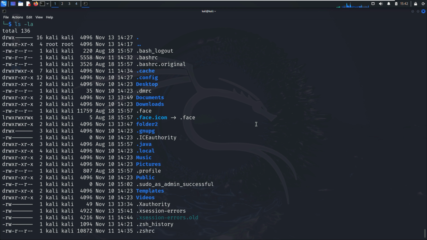Okay, we can see that what we have is this kind of string on the left-hand side, which is telling us what are the permissions on this file, who is the owner of the file, and what is the file. So if we go and have a look at our folder 2 folder that still exists, we haven't deleted that from earlier,